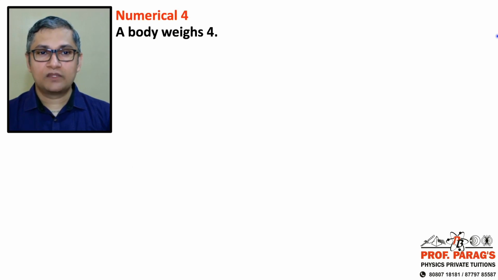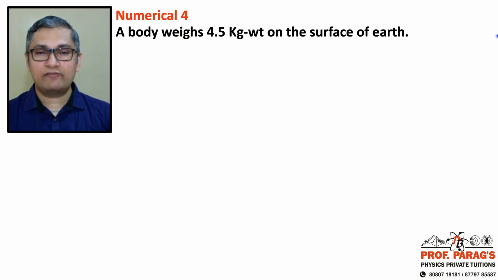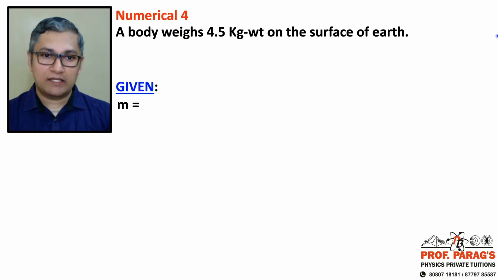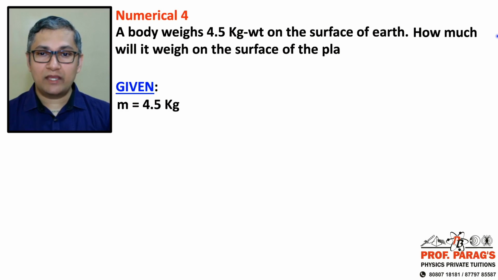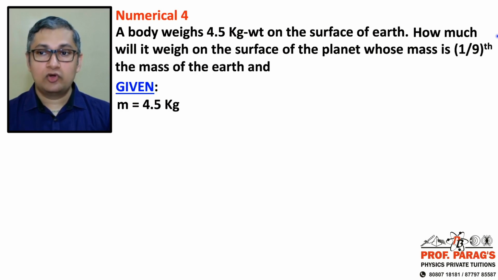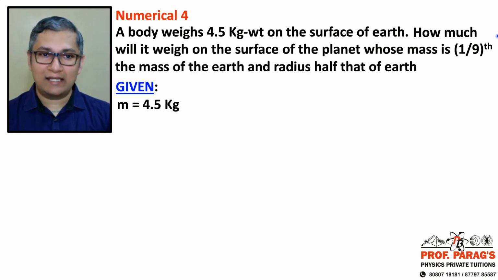Fourth one: a body weighs 4.5 kg on the surface of Earth. So what does this mean? We can say that the mass of the body is 4.5 kgs, right? The 4.5 kgs converted to weight, you can just multiply by small g and you'll get newtons, but in terms of kilo, it's 4.5 kgs. How much will it weigh on the surface of the planet whose mass is 1/9 the mass of Earth